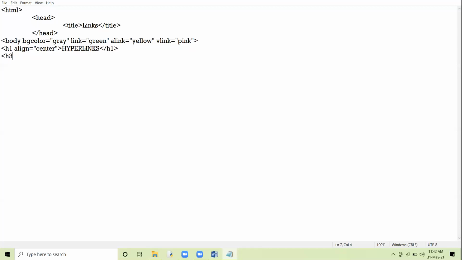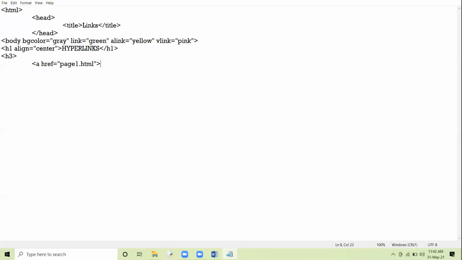Then I am taking H3, A tag, href attribute equal to page1.html, the name of my target web page.